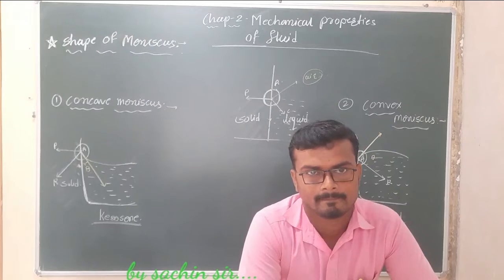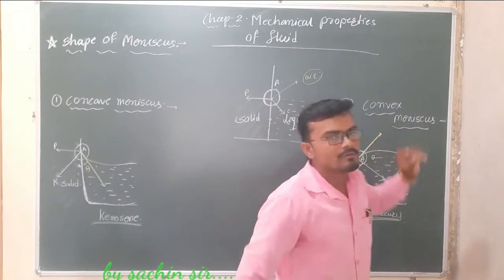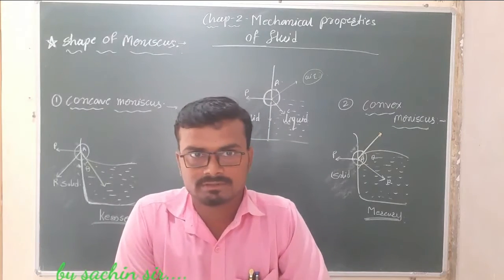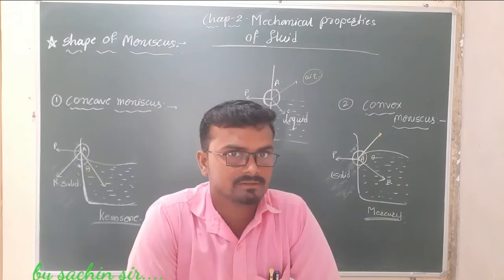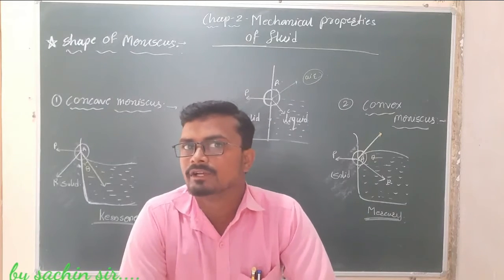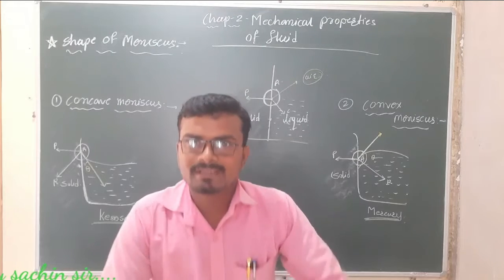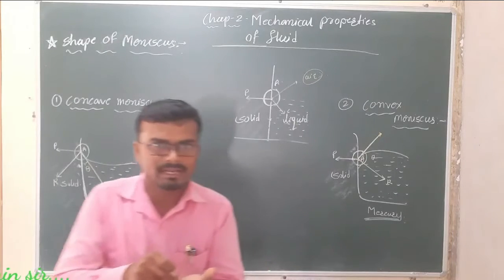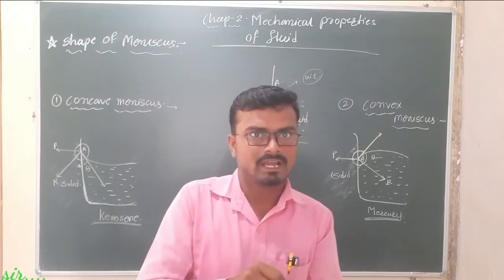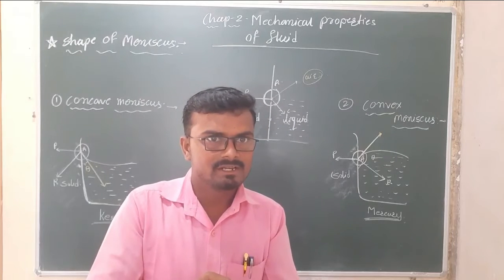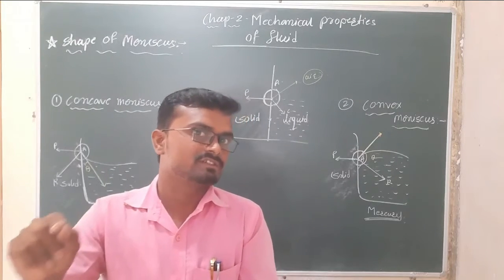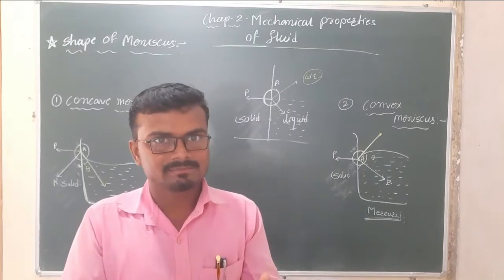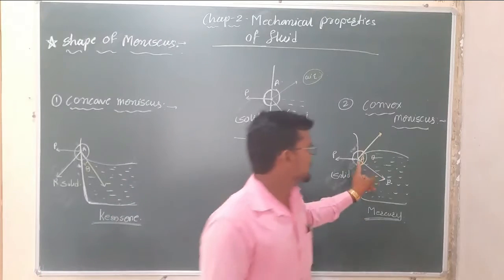After that, we discussed the convex meniscus. This occurs in the case of a liquid which does not wet the solid, like mercury. If you put mercury in your hand, it does not stick to your hand. That means mercury does not wet your hand. Such a liquid is one which does not wet the solid. An example is mercury, and if we put mercury inside a glass beaker, such a convex